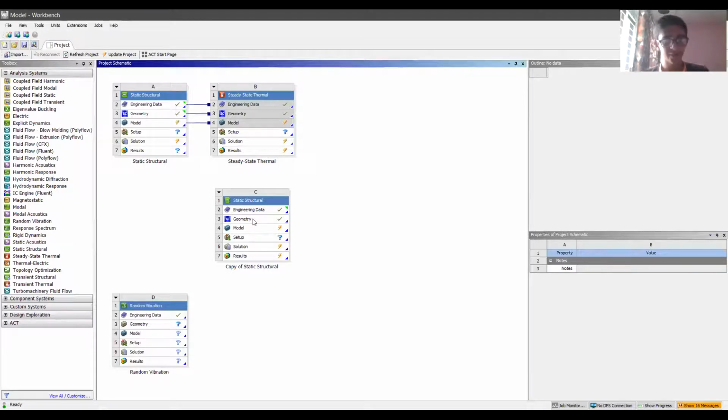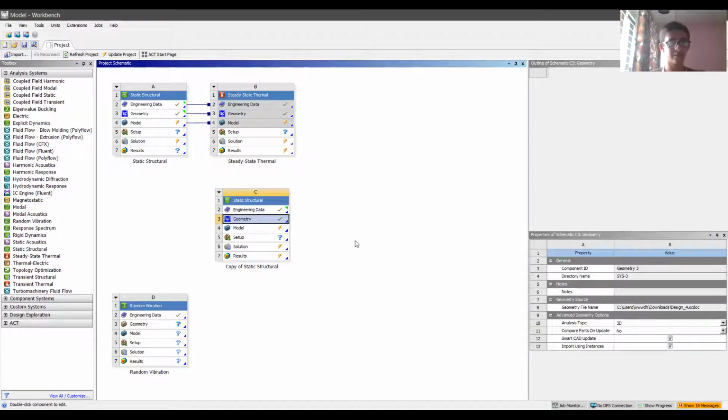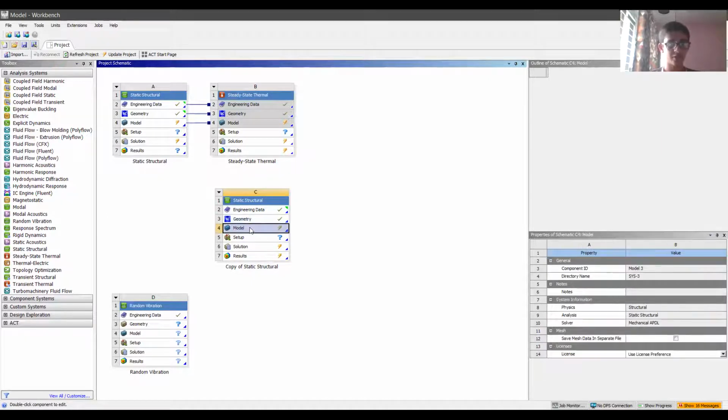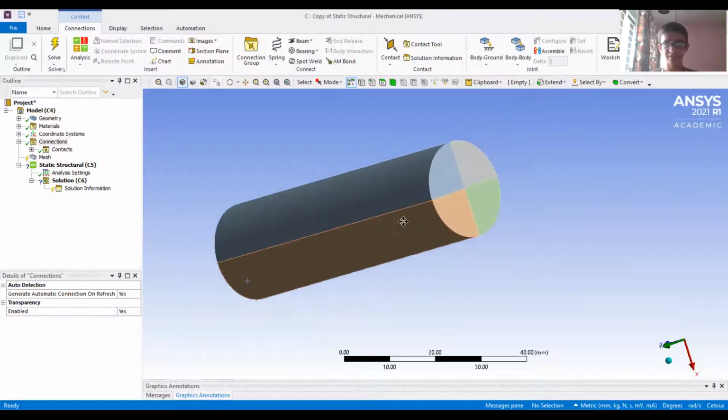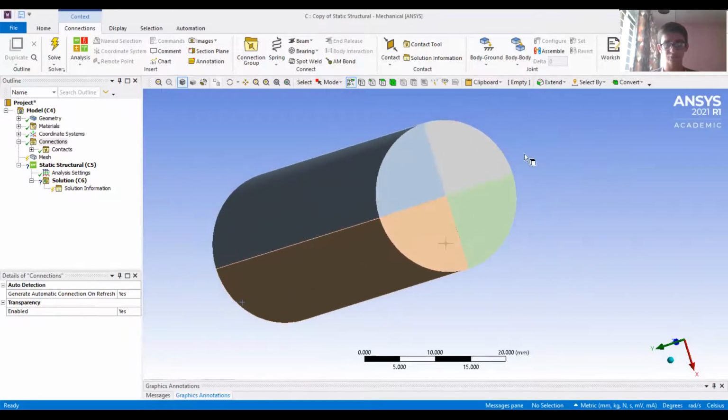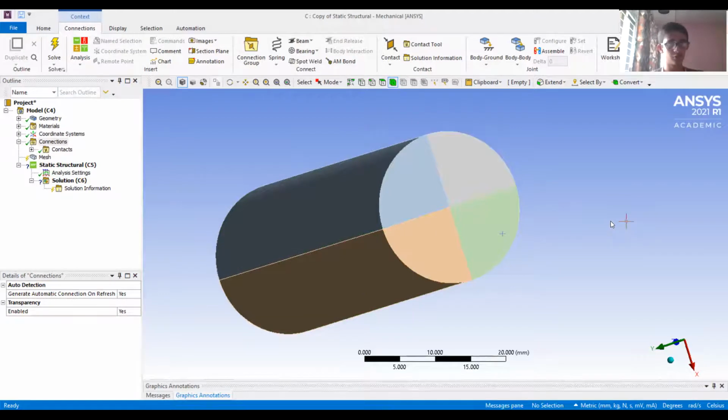So I have imported another geometry in which I have a cylinder. So that is a very basic geometry. I have a cylinder and I have just split it to make 4 quarters out of it. And when I go to model, it will open my mechanical interface, which is over here. So my geometry is this. Let me just explain the basic geometry. So this was a complete cylinder first, and then I have made 4 quarters out of it. So that's very basic. I have explained earlier also how to perform slicing of a body. That was also the first basic step if we want to have manual setup of nodes.